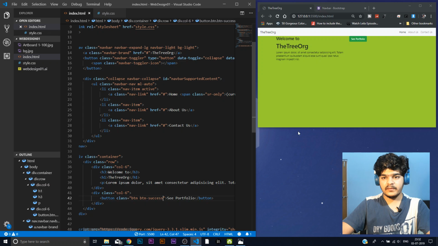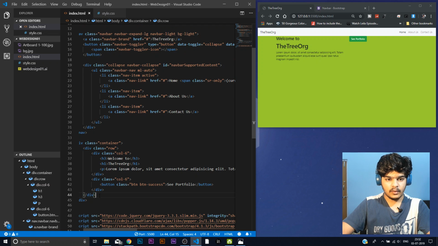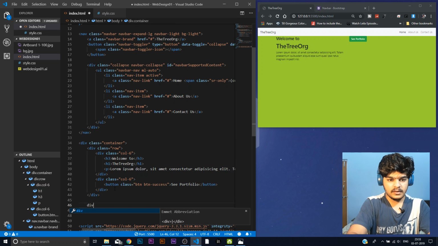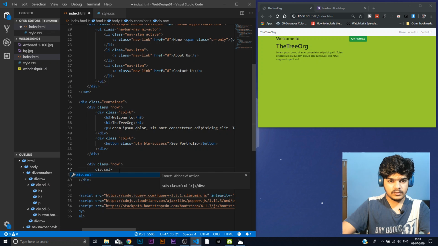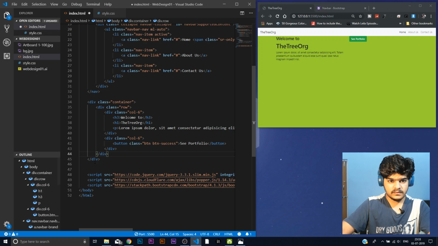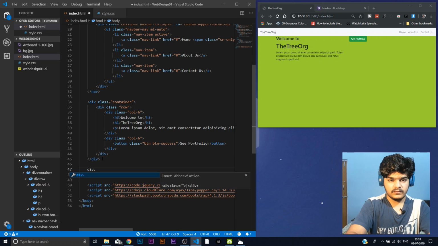Then what we want is a section right at the bottom. So once we are done with this row, we want one more row at the bottom. Div.row and div.col. Now I want it to span the complete width, right? So I think we should not be writing it here in the container. We can write it somewhere else. Div.container-fluid,